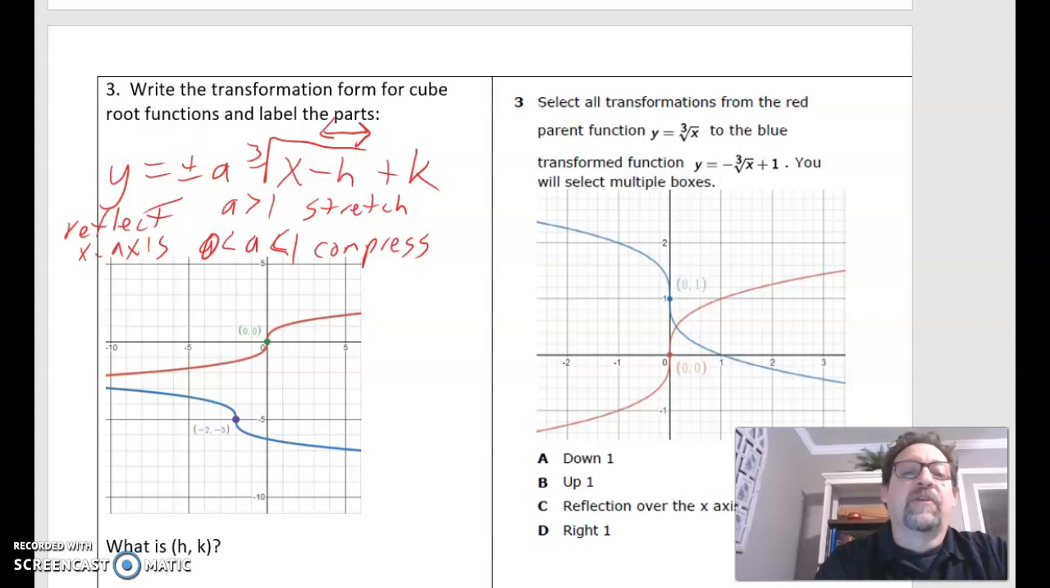H moves it left and right. Because of that negative, it's the opposite of what you think. And K moves it up and down. Okay? So again, to find this equation,